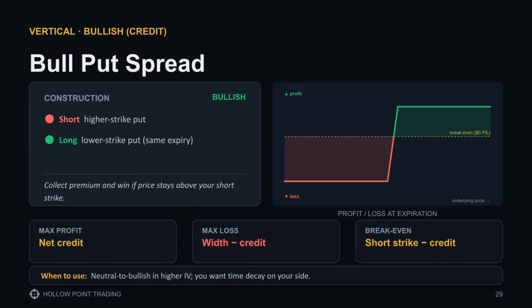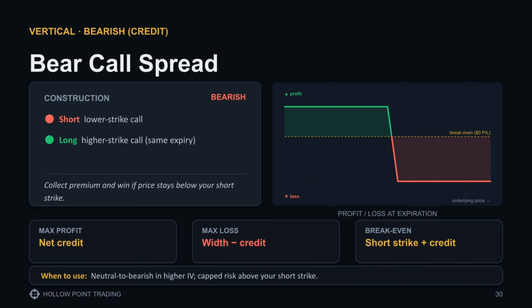A bull put spread is a credit vertical. You sell a higher strike put and buy a lower strike put, collecting a net credit up front. You win if the stock price stays above your short strike at expiration, effectively letting time decay work for you. Finally, the bear call spread. This is a bearish credit vertical, where you sell a lower strike call and buy a higher strike call. It is an excellent strategy when you expect the stock to stay below your short strike, generating income while capping